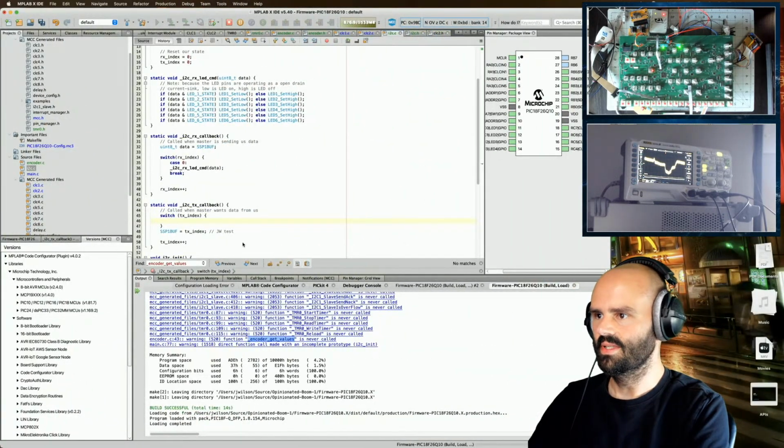So this is super simple. We can just say case 0, case 1, case 2, case 3. If it's any of those values in the TX index, set the outgoing buffer, basically the registers that will then transmit this on the wire, to be equal to,